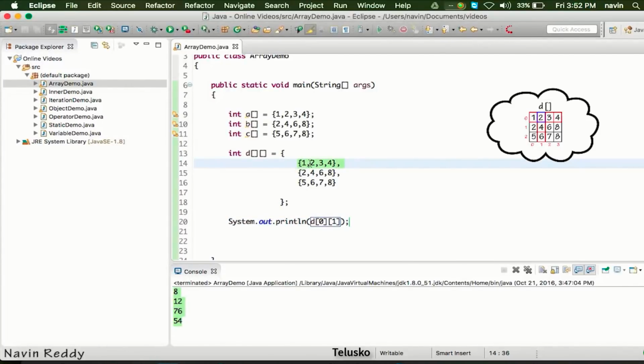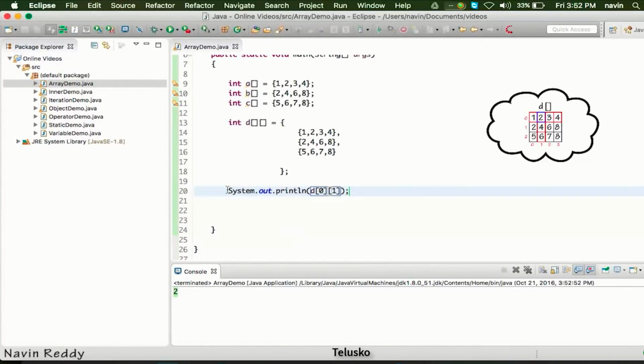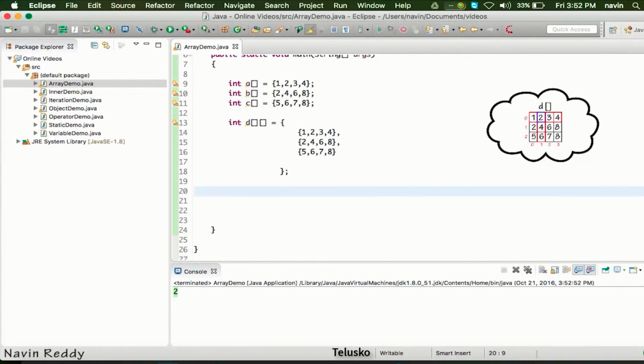So first row, second column, so we have to specify 0, 1. And if I run this code, you get the output as 2. Okay, that's the way. If you want to print all the elements, what we can do is we can use